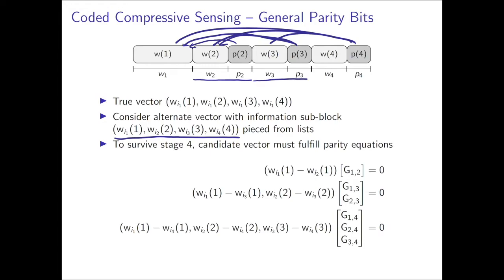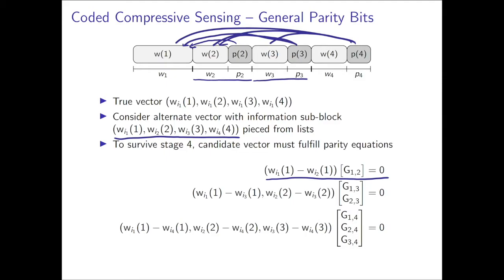So in particular, Wi11 times G12 has to be equal to Wi21 times G12. By linearity, we can express that as Wi11 minus Wi21 times the generator matrix G12 should be equal to 0. For this candidate vector to survive the second parity check stage, or P3, what needs to happen is the